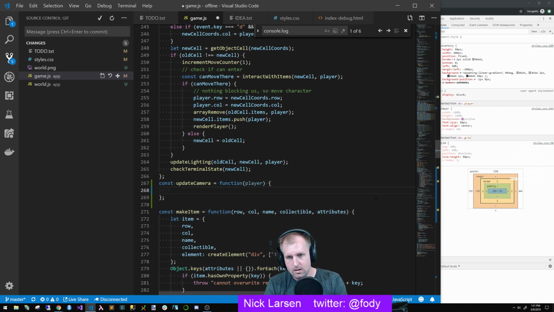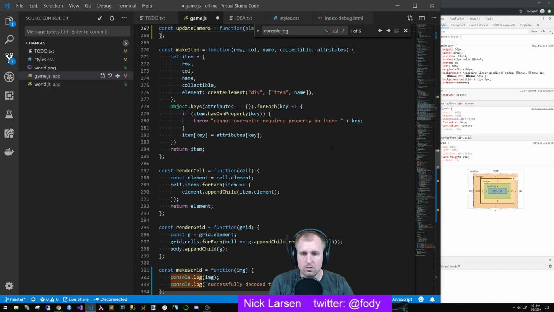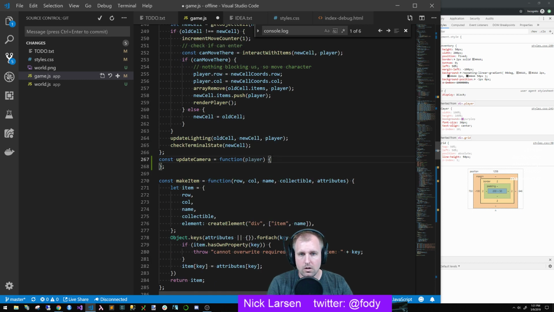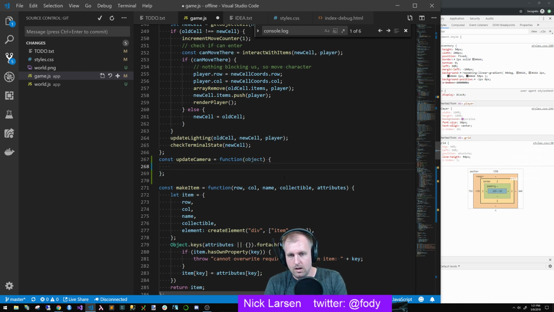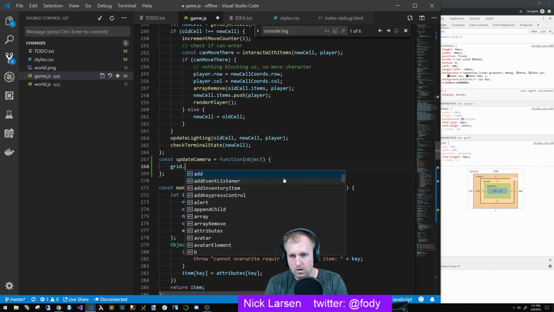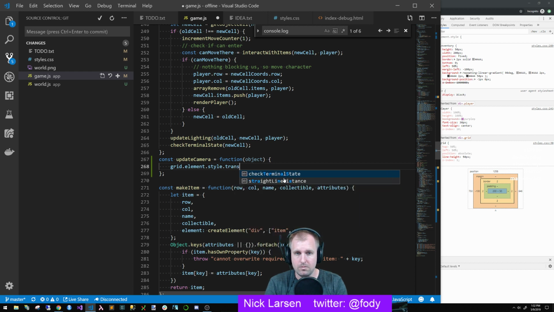And then the idea is, or really what we're going to do, oh crap. Okay, here it is. And we're going to say this is actually the object. And then what we're going to do is we're going to say grid dot element dot style dot transform equals